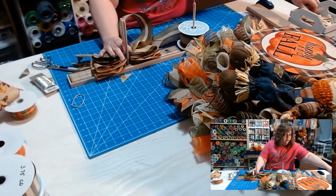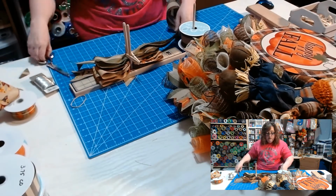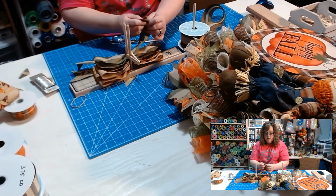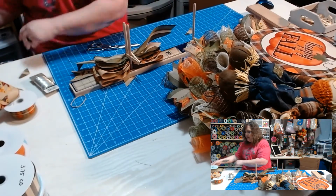So, here's another Jeanette trick. If you can't keep your ribbon from popping up out of your bow maker, put a clothespin on it. Because I watch other people and they're trying to hold their ribbon down and get their other supplies that they need, and